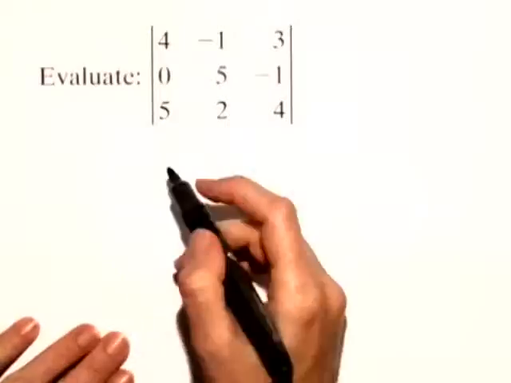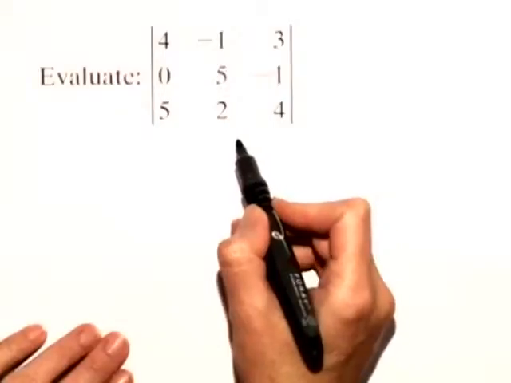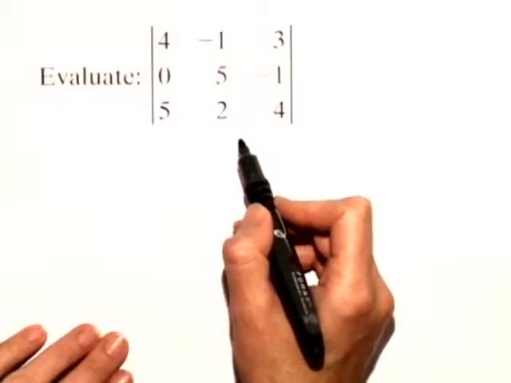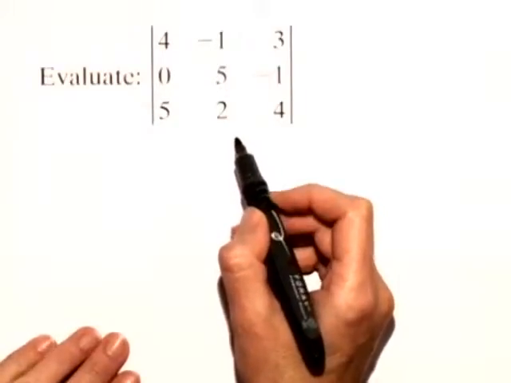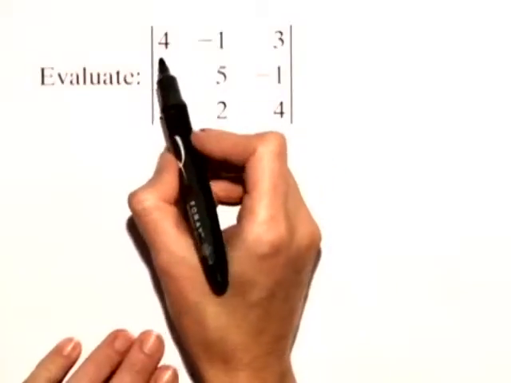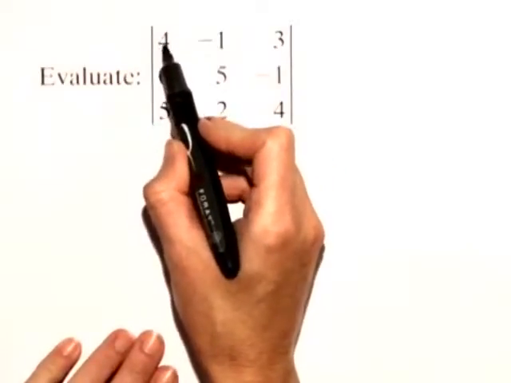For this problem, we'll evaluate a determinant. We have a determinant that's a 3 by 3. So in order to evaluate it, we'll expand across the minors. And what we're going to do is start up here in row 1 and column 1 with